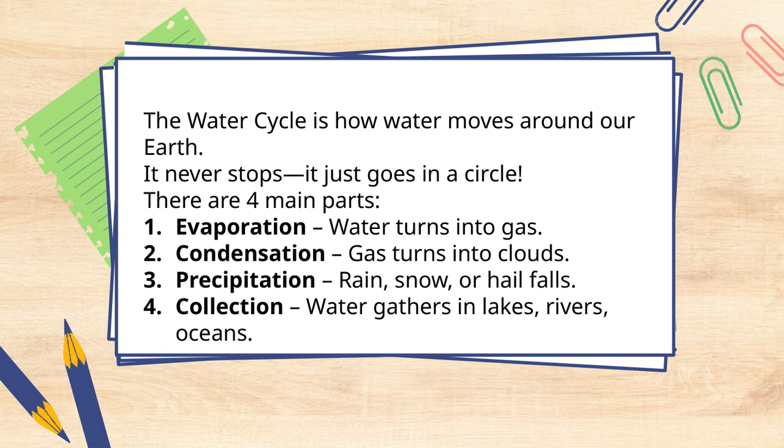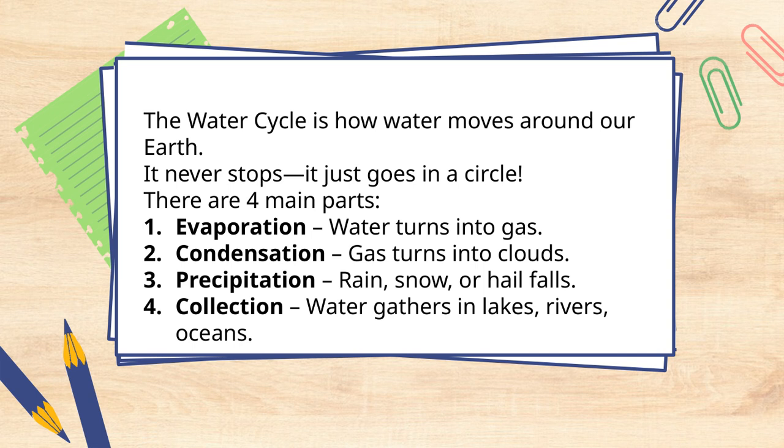There are four main parts to this cycle. First, we have evaporation, where water from oceans, lakes, and rivers turns into a gas and rises into the air. Then, this water vapor cools and undergoes condensation, which is when it turns into clouds. Next comes precipitation, which is when that moisture falls back to the ground as rain, snow, or hail. And finally, collection happens when all this water gathers in lakes, rivers, and oceans, ready to start the cycle all